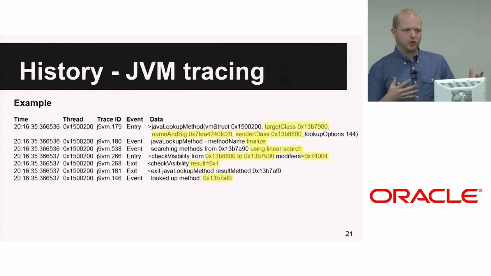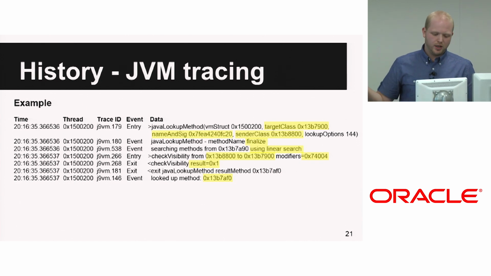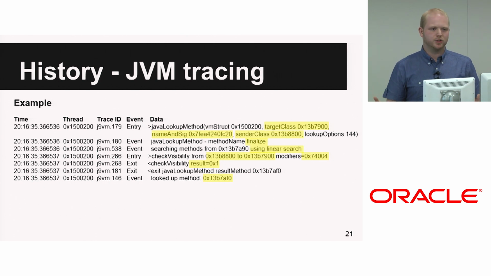This information could be valuable on its own, but it can also help me improve